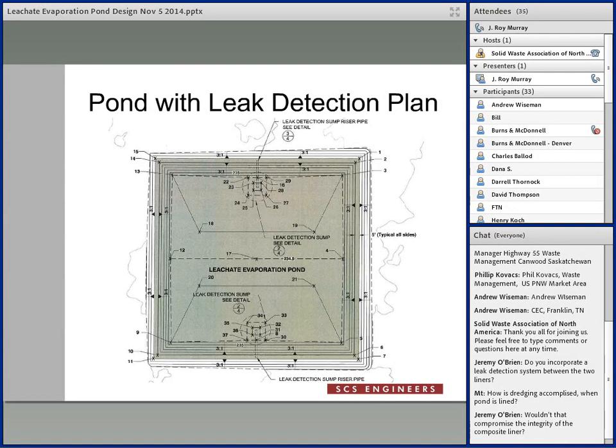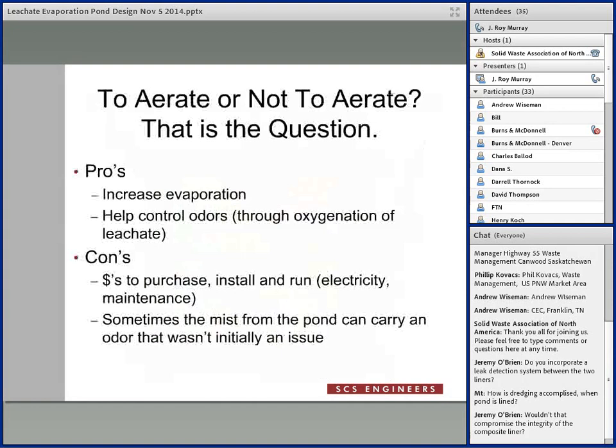And for this particular pond, we designed it to be one of a series of ponds. So when they build the next pond, as the landfill develops, they're going to build it adjacent to this, and they're going to cut in the weir like we discussed earlier, so that they could have the overflow between the two ponds, and then they can have additional capacity as they move on.